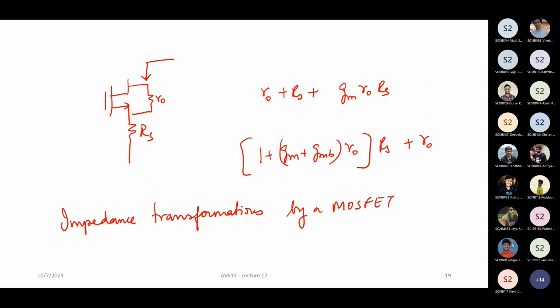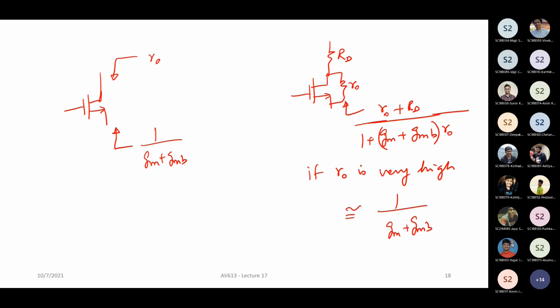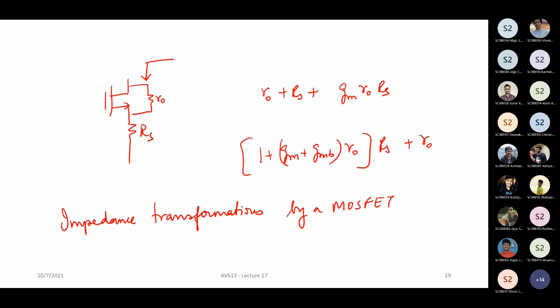These results are important for us to keep in mind, because this will help us understand when you have a more complicated circuit with so many transistors. If you can reduce them to one of these forms, it is easy for us to estimate the impedance fairly accurately. If you look from the source, the total sum of the resistance is divided by this factor 1 plus Gm plus GMB times R0. If you look at it from the drain, it is multiplied by the factor 1 plus Gm plus GMB times R0, and of course added to R0.